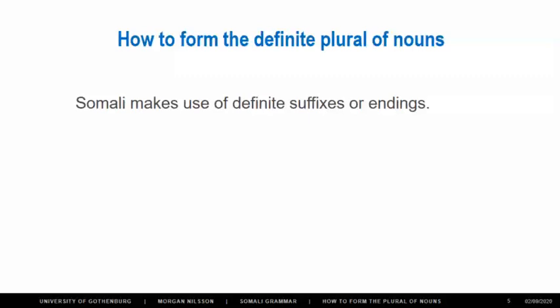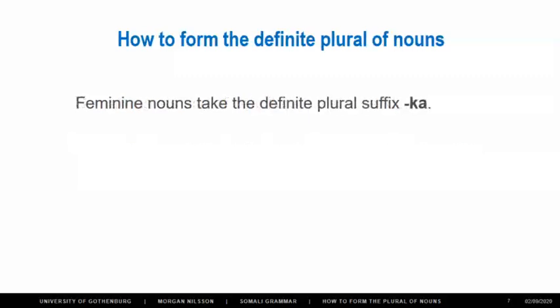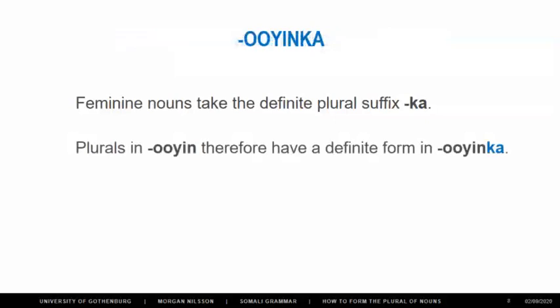Somali, however, is a bit more complex, and Somali makes use of definite suffixes or definite endings that are attached to the end of nouns. And which suffix should be used depends on the gender of the noun. So feminine nouns take the definite plural suffix ka, and nouns that have the plural suffix oyin will then have a definite form ending in oyinka,